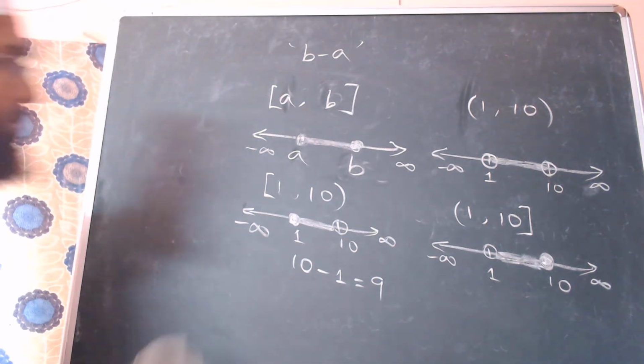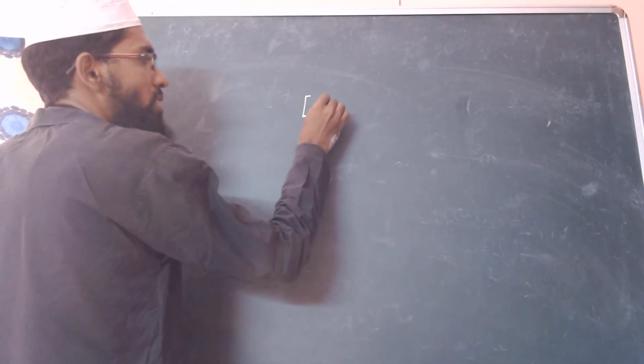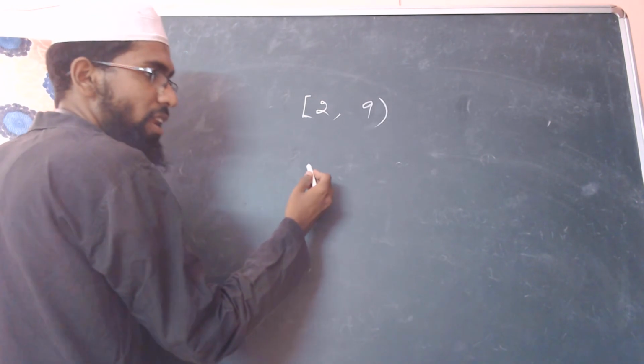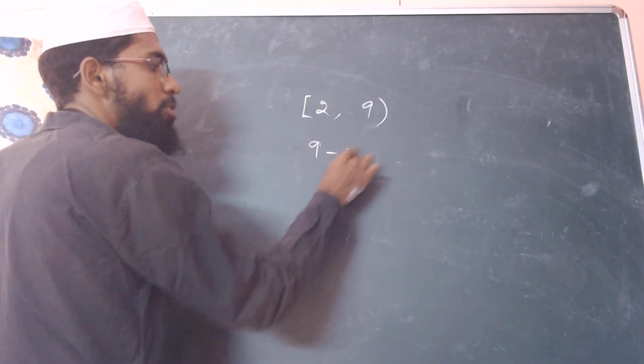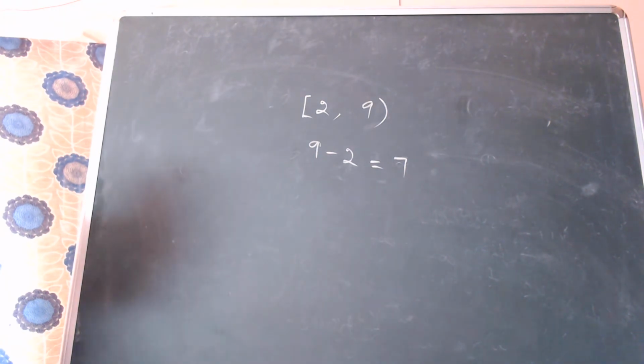Right. Now coming to the next concept. So let's just go with it. If I take an interval 2, 9, what is the length of the interval? 9 minus 2 equal to 7 is the length of the interval. Right. Now we'll get into the next topic. The next topic we are going to see is